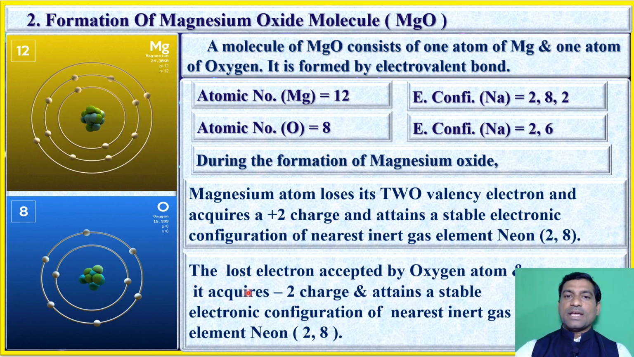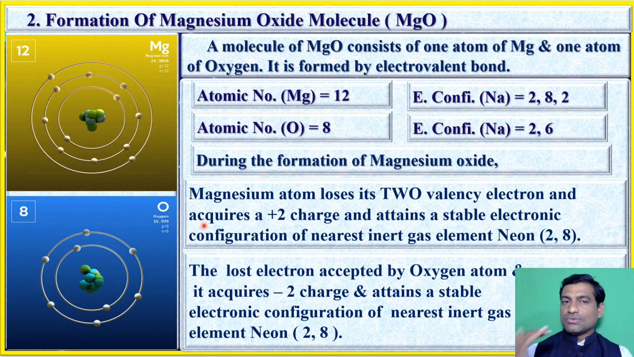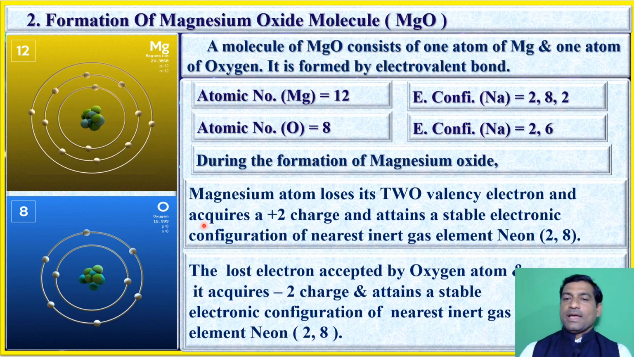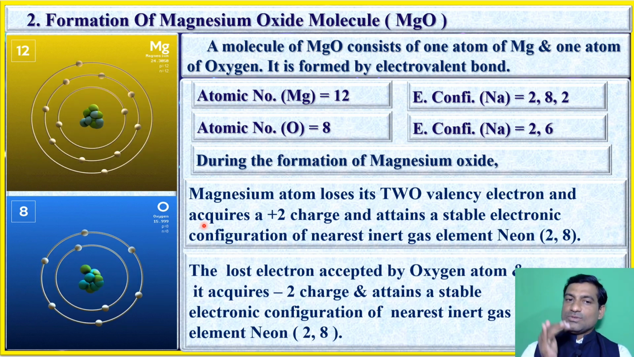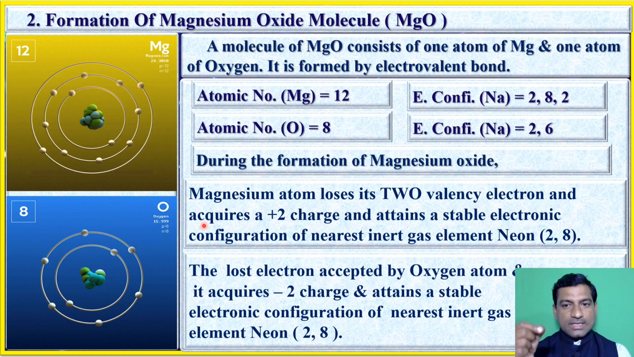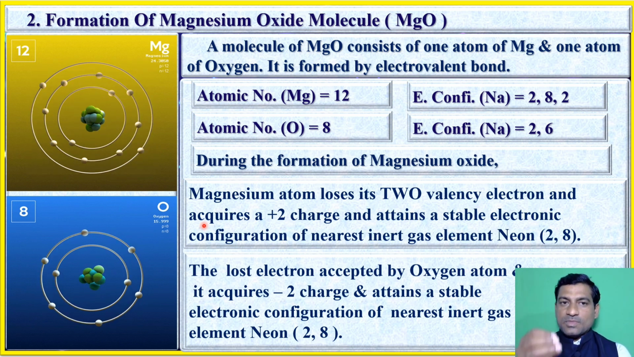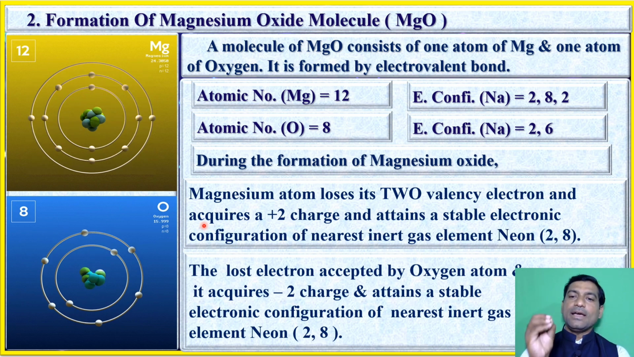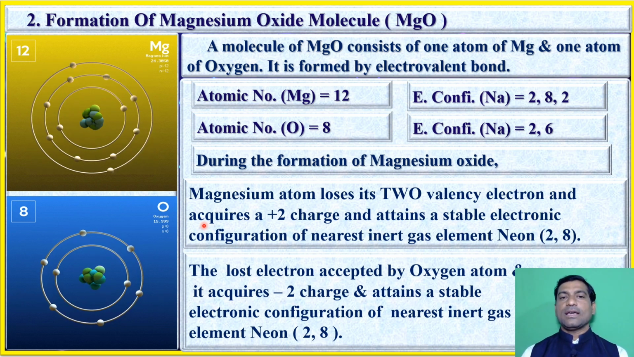It means the magnesium atom can lose 2 electrons and it acquires a di-positive charge, and the oxygen atom accepts the 2 electrons, it acquires a di-negative charge. That di-positively charged magnesium and di-negatively charged oxygen can combine by electrostatic force of attraction and the magnesium oxide